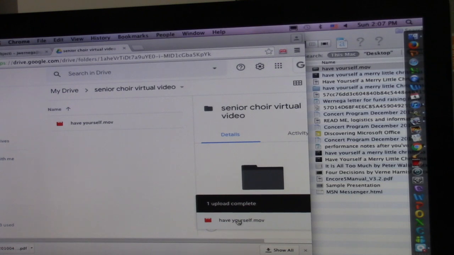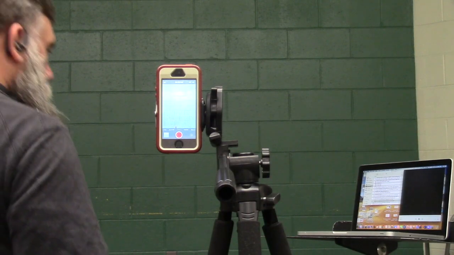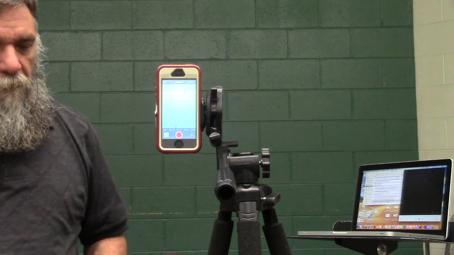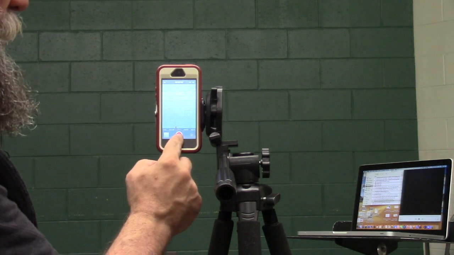You could also do this with videos you take on your phone, because you could airdrop them to your computer and then just drag them into the Google Drive. You could record your video using your iPhone. So what you're going to do is set it vertically like this. You press record,